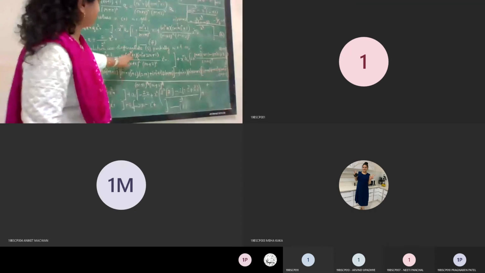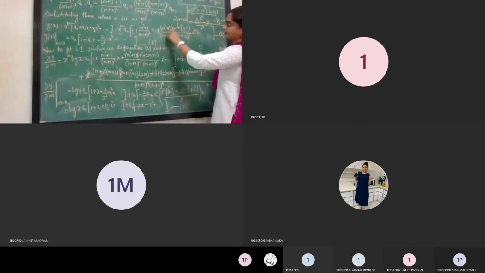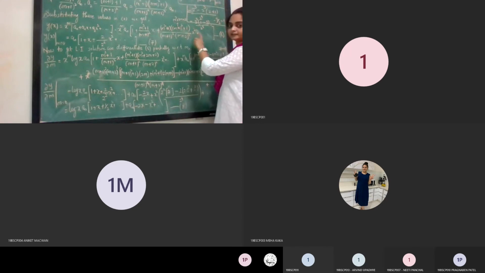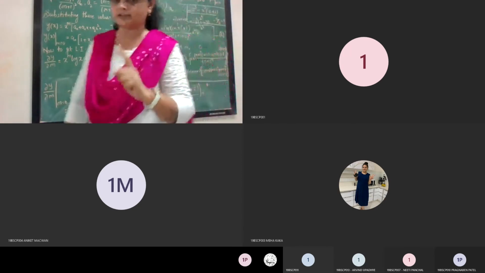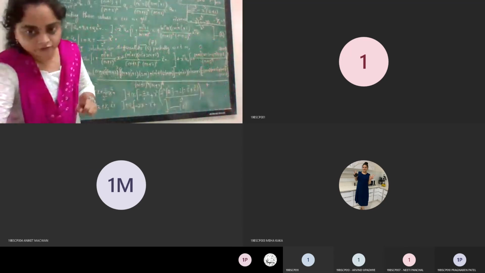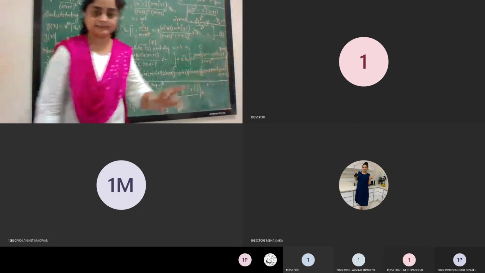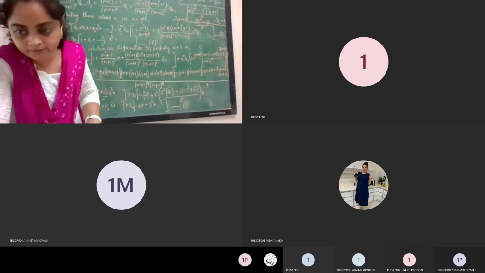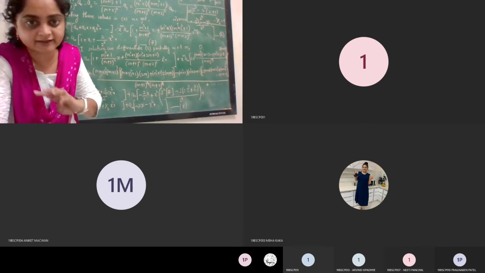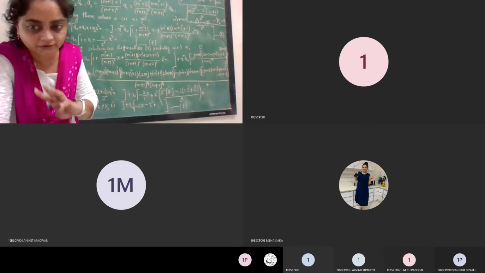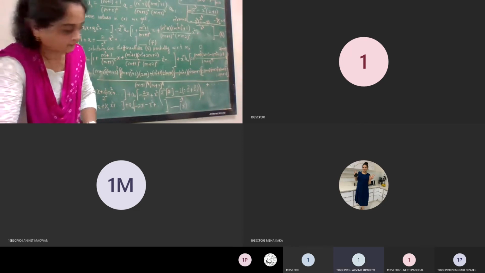अभी आप समझ सकते हो कि अगर थर्ड टर्म यहाँ पे लिखा होता तो that would consist of 3 functions of n in the numerator as well as in the denominator. So it would be very difficult to find out the corresponding partial derivative. So that's why I have not written the term. I have just considered 3 terms of the infinite series. So in the exam also, accordingly, you have to change. In the infinite series, you have to consider at least 3 terms.